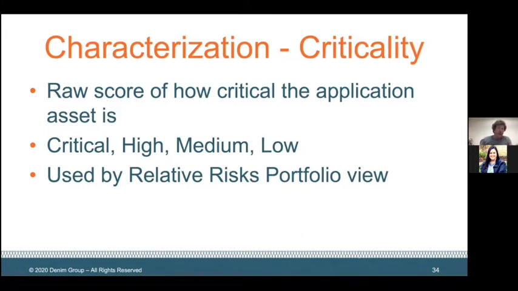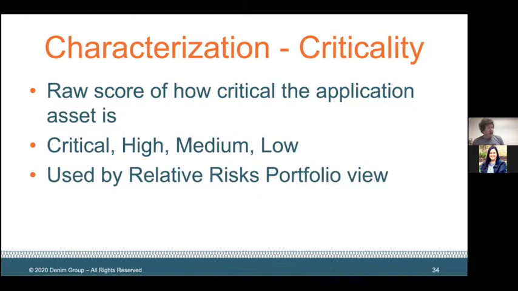And so for an application, you can say this is critical, high, medium, or low. And this is just a raw score of how critical the application asset is, right? It's a determination that you make based on whatever criteria you have in your organization. So if you already have an application ranking system, you can map that to these critical, high, medium, low, and store that information. And this is used in ThreadFix as one of the inputs to our relative risks portfolio